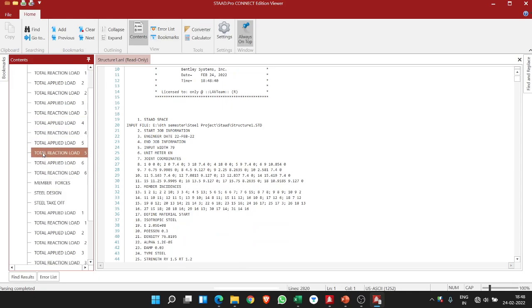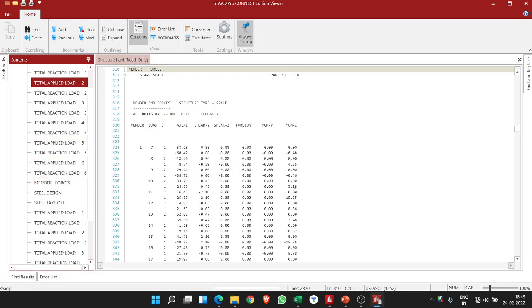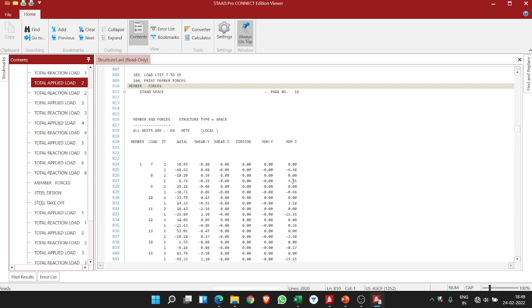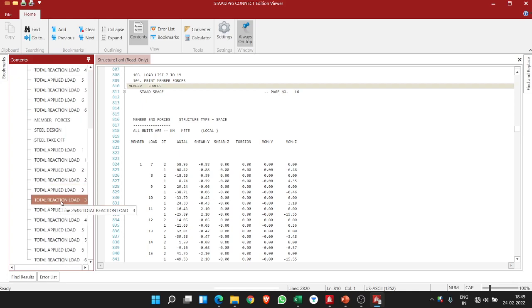Now let me first delete, okay, no need to see. You can see this output file first. Okay, you have got everything. Now we have to extract the forces to do the worst combination table on each member, right? Now there are various ways to extract the forces. The first method is